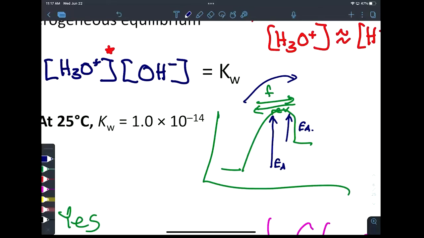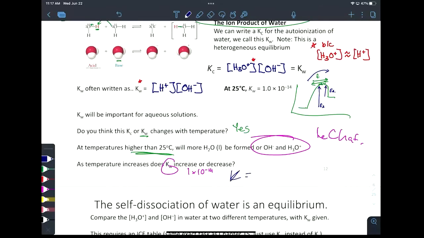So this last question: K equals kf over kr. When we increase temperature, the numerator increases more. Do we see that? So that means K is going to go up. It's going to increase as temperature goes up. And you can see that. You can look at Kw's for water at different temperatures, and you see that the number gets a little bit higher. Also, that idea that Kw gets bigger is consistent with our Le Chatelier prediction, because if Kw gets bigger,